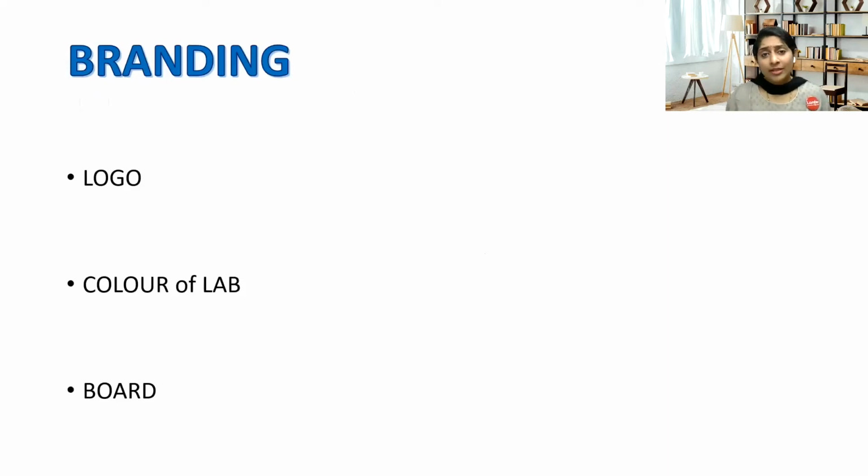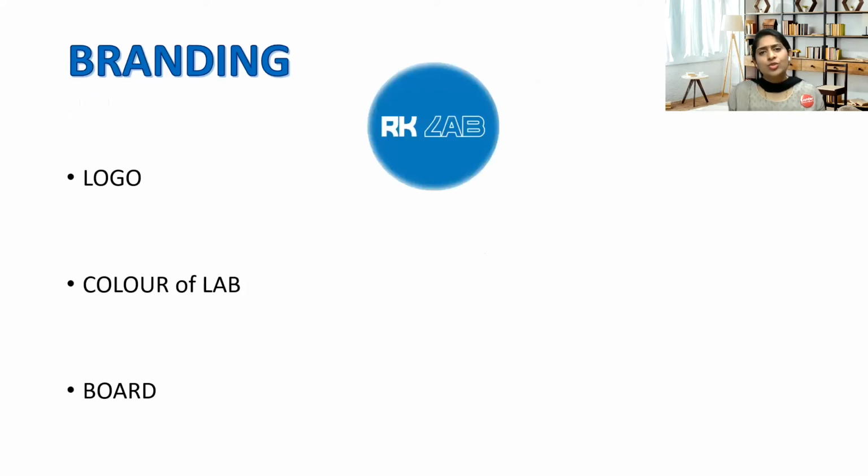The third important thing we need to see in a healthcare business is branding. In branding, three important things are again to be seen. What are those? First one, the logo, and then the color of the laboratory and the board. Make sure all these three are color coordinated and are very simple but elegant. They have to attract customers. Make sure you just choose one or two letters, and even the colors are just one or two colors in the logo of your laboratory.